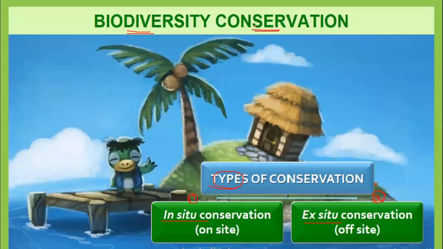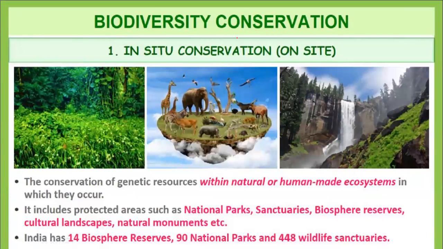What do you mean by in-situ conservation? In-situ means the on-site conservation. Ex-situ means the off-site conservation. So these are the two different types of conservation, and we are going to discuss in detail about these two different types of conservation. So let's begin with today's amazing class on the first topic, that is the in-situ conservation